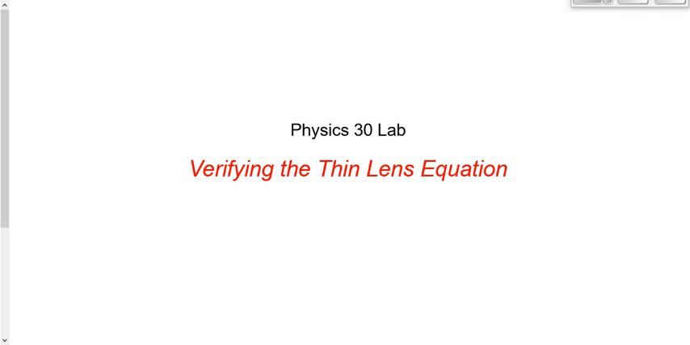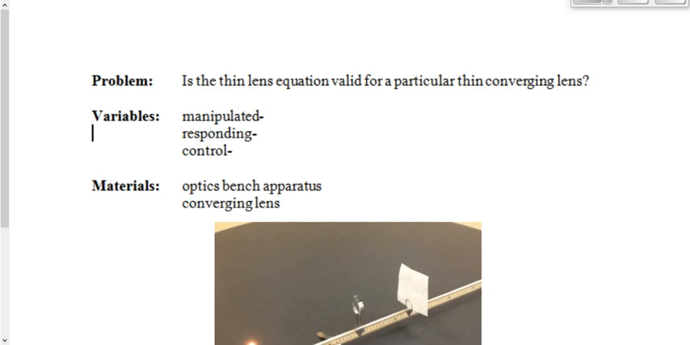The last few days we've been spending some time looking at convex and concave lenses. Yesterday, specifically, we took a look at the lens equation: 1 over f is equal to 1 over do plus 1 over di. And today, we want to do a lab that verifies that thin lens equation for one particular convex or converging